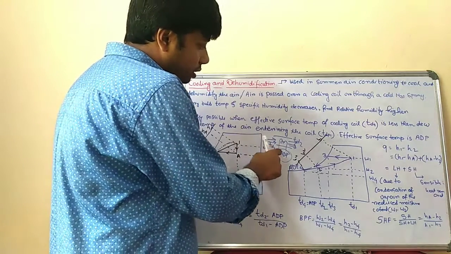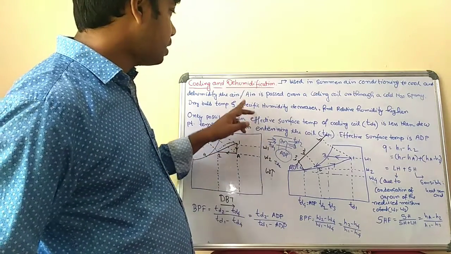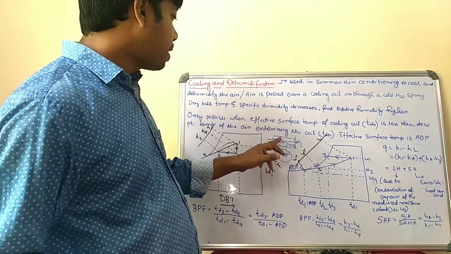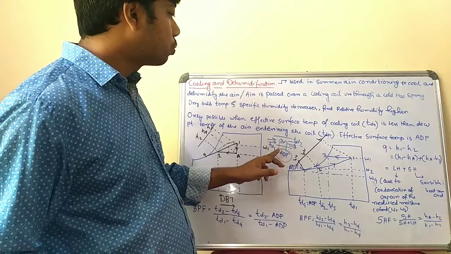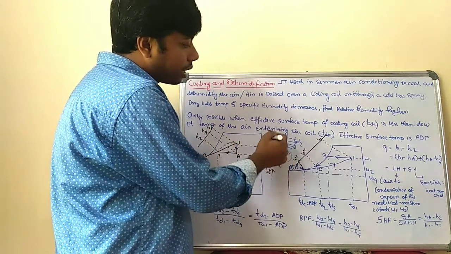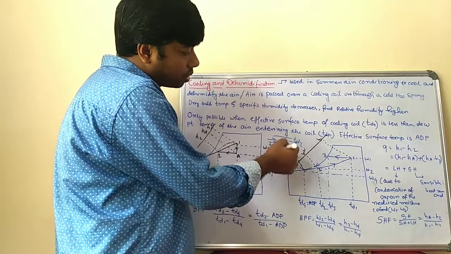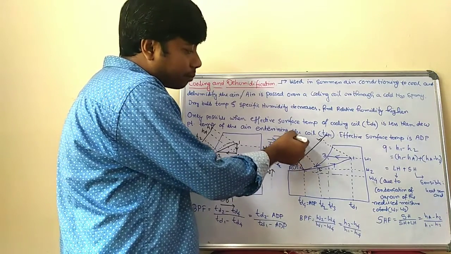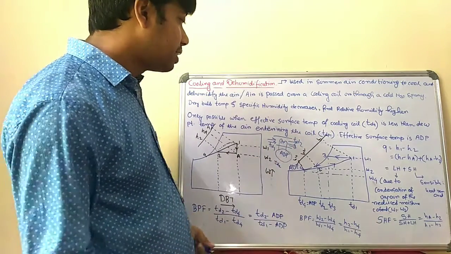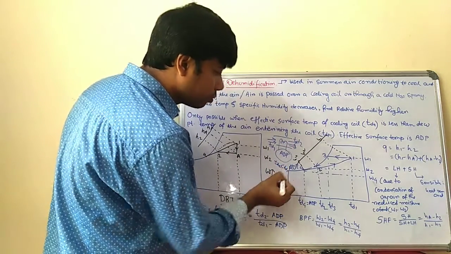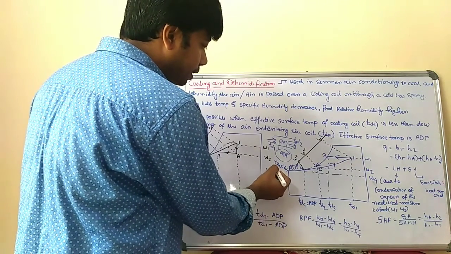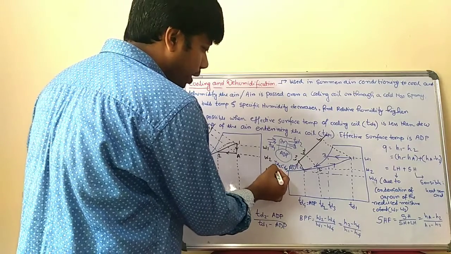So this is the apparatus dew point temperature. The air is passed over a cooling coil or through a cold water spray. This is the apparatus dew point temperature, or the cooling coil temperature. When the air is passed through and contacts the coil, the dry bulb temperature of the exit air is TD2. So TD2 is less than TD1. And TADP, the apparatus dew point temperature of the cooling coil,